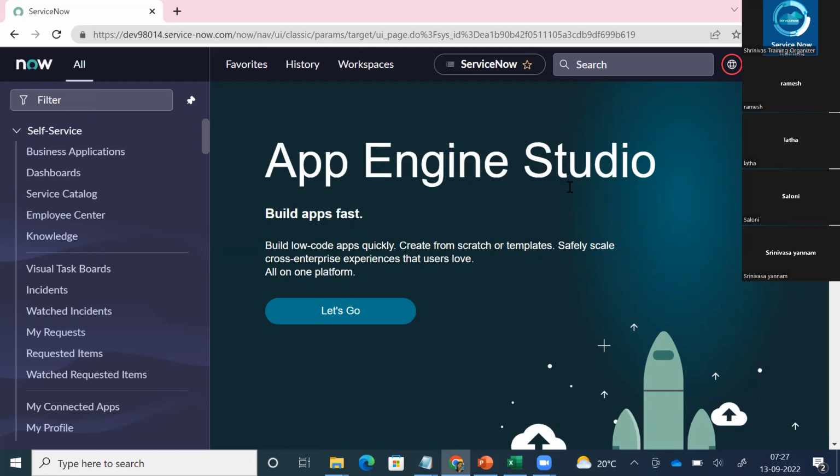Now, what ServiceNow says is, when you purchase my tool, at any given point in time, I will not be doing any customizations of the tool to fit your organizational needs. Now, what does that mean? Let's try to understand that. Let's say, for the very basic example, we wanted to change the company logo here.